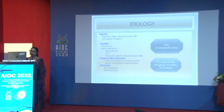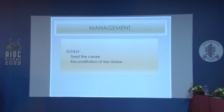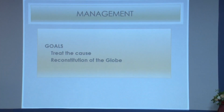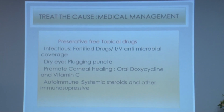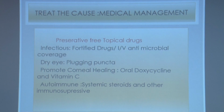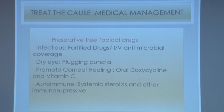There are various predisposing factors which may lead to corneal perforations. We all know those. And while treating these cases, we have two goals. First, we have to treat the underlying cause, and second is the reconstitution of the globe. While dealing with the underlying cause, we should always use preservative-free topical drugs as much as we can. If we know the cause is infectious, we can start fortified drugs,